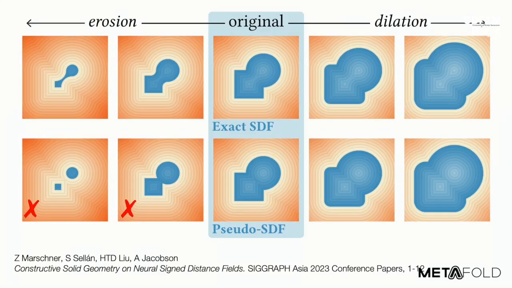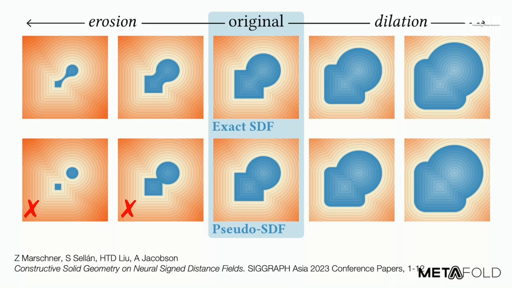To give some sense of what can go wrong when you just begin building up implicit functions by Boolean operations, this image is from a recent paper by Zoe Marshner and some colleagues. At the top, we have a true SDF. And at the bottom, this is an implicit function, or they're calling it a pseudo SDF. The pseudo SDF, by the way, happens when you just naturally Boolean together a circle and a square in the course of things. And you see that under dilation, things look okay, and under erosion, they diverge. They're different. And in fact, the pseudo SDF doesn't give you correct distance values.